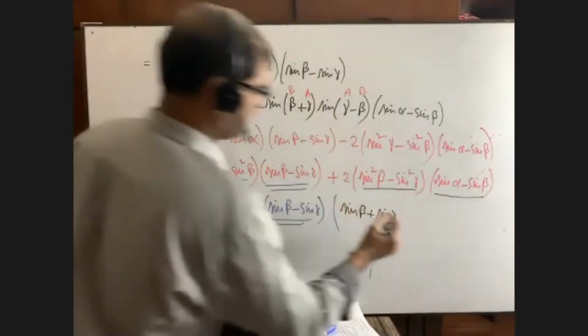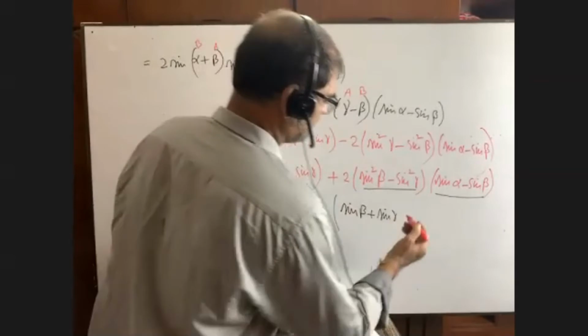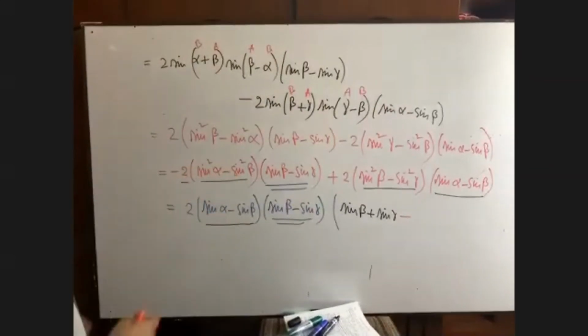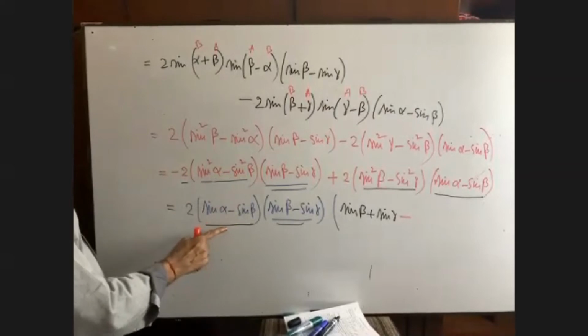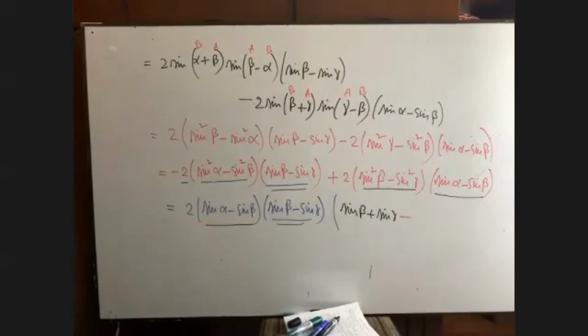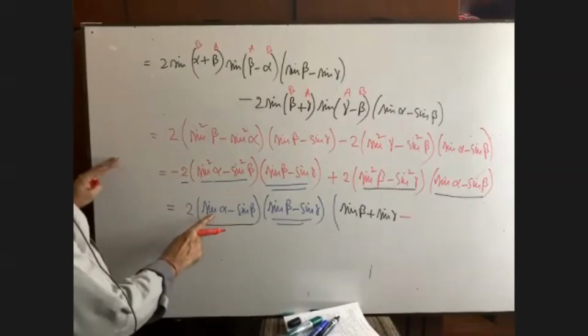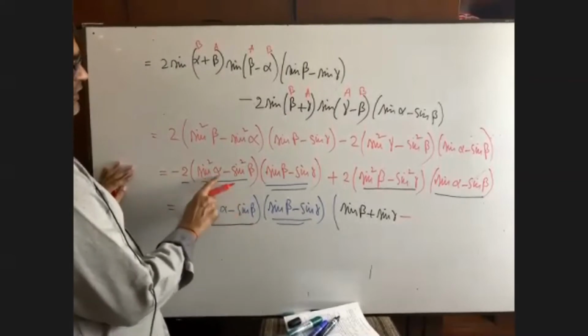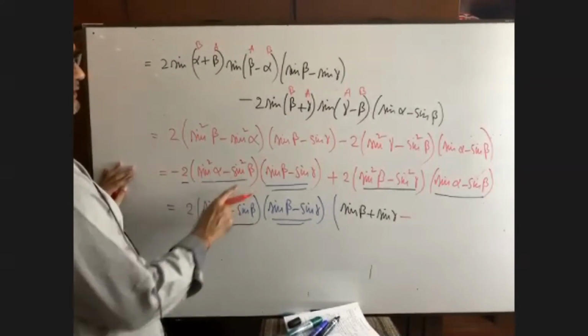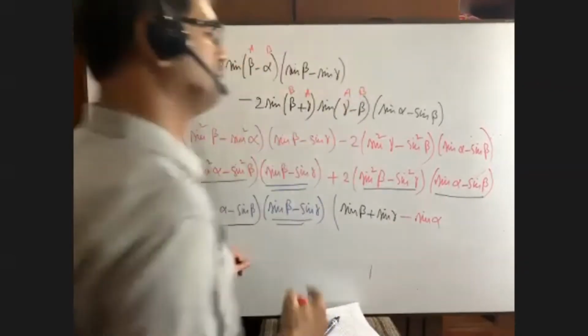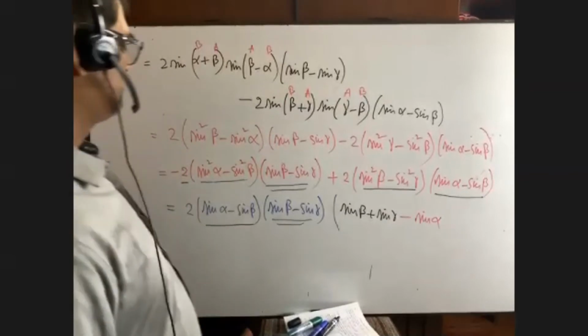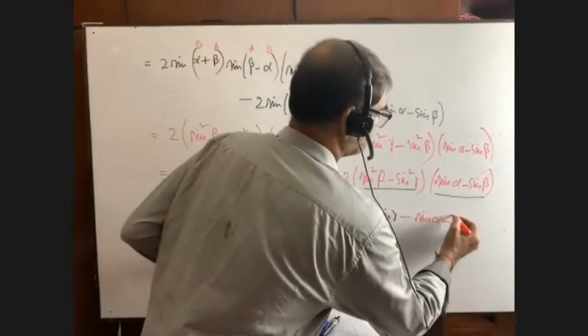Now it is minus. Write down minus. What is left here? Please let me know. You see what has been taken common? Sin alpha minus sin beta has been taken common. So we are left with what? Sin alpha plus sin beta, right? If a minus b is taken and it is a square minus b square, we are left with a plus b. So a plus b, that is sin alpha, but there is minus, minus sin beta.